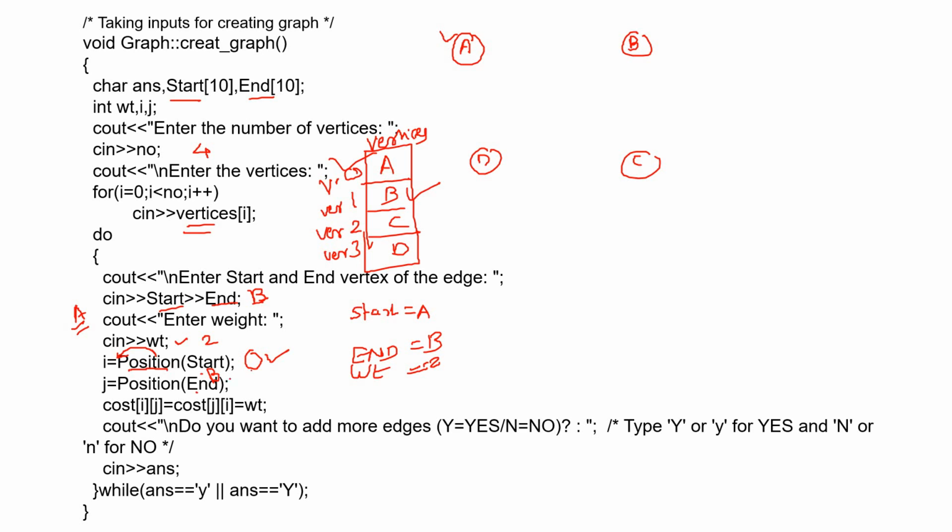So J will become 1. What does it indicate? Starting vertex position is 0 and ending vertex position is 1. So I is 0 now. Cost of 0 comma 1 is equal to cost of 1 comma 0 is equal to weight. The weight we have accepted is 2. So A to B weight is 2, and in the cost matrix